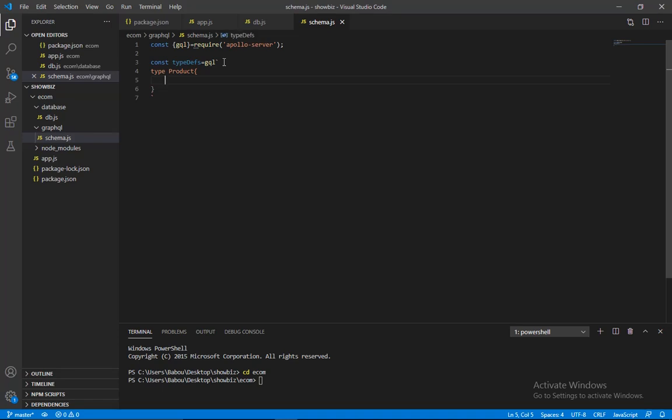Inside of the product we're going to have an ID, which is a required ID, because GraphQL has its own data types which you are going to use, and of course the GraphQL data types are independent of Sequelize data types. So ID here has a data type known as ID, and of course it is a required field. And title